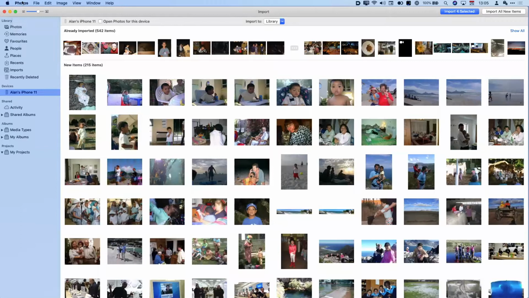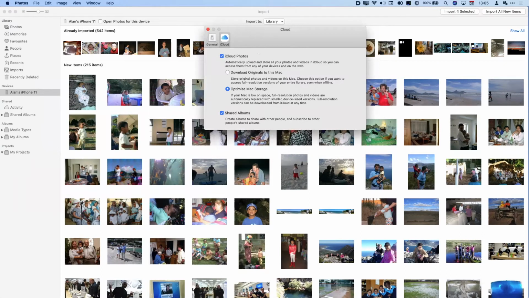But what I want to do now is just have a quick look at the preferences and look at iCloud. If we choose iCloud Photos, then all of the photos that are synced to iCloud will be automatically uploaded and downloaded into your computer. Now, the one thing to bear in mind over here is this is an either-or situation. If you upload items from your computer here into the cloud, so it's shared with any of your other devices and accessible through a web browser by going to www.icloud.com, you can do something called